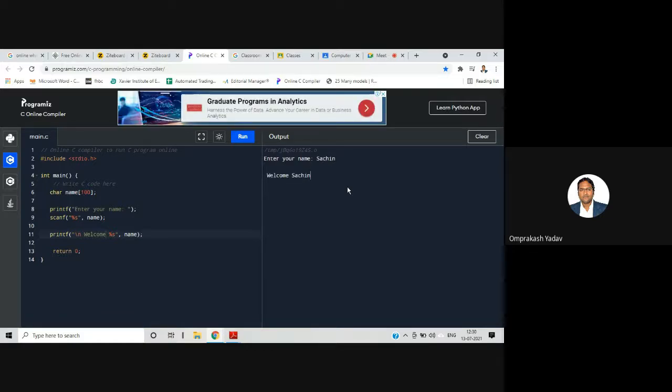Right. So this is a character array, and here we can store multiple characters in one particular array. We can store the name of the person. Now let's go to the explanation.